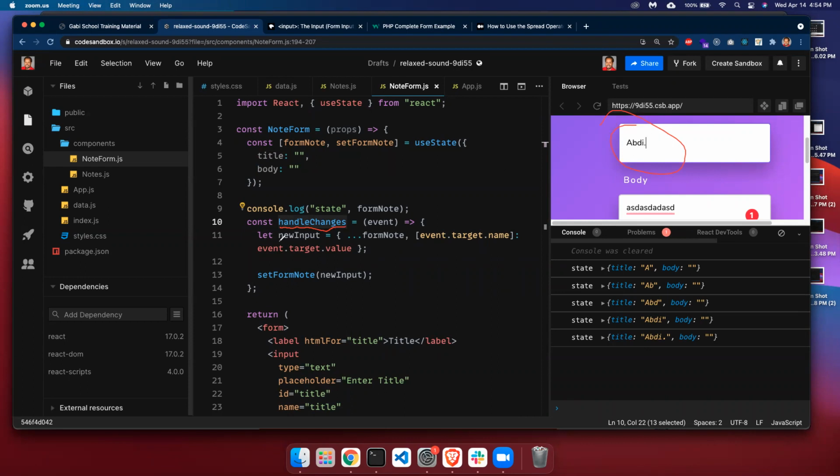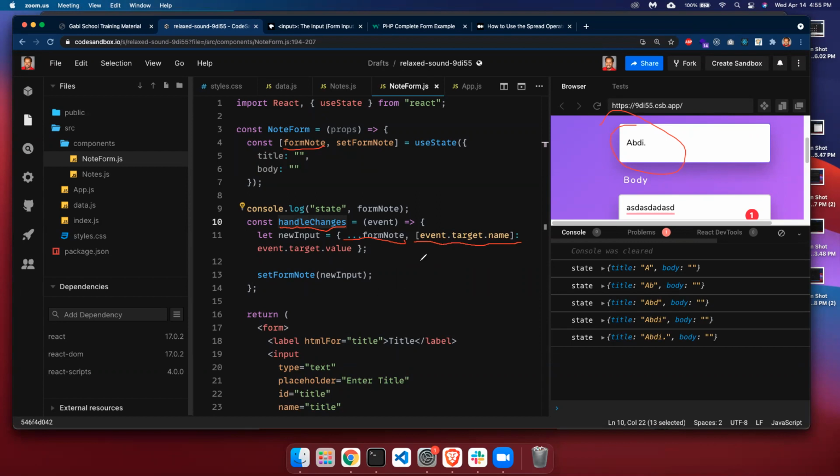And what it's doing is grabbing the state, which is form node right here. It's doing a spread operator, which is basically copying the state. We're not changing the state, we're copying it. So we're copying it and then attaching the copy, taking the copy and connecting it with